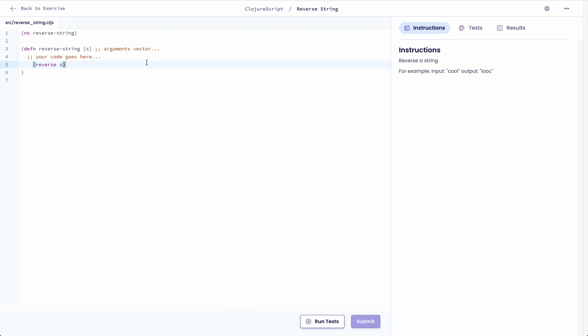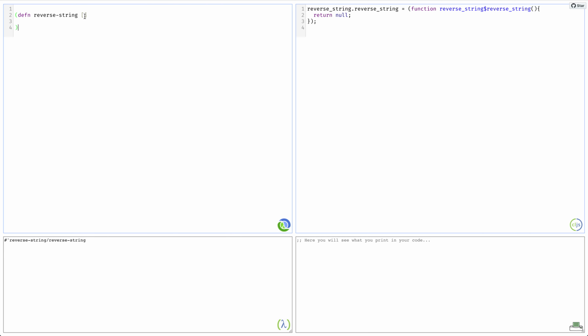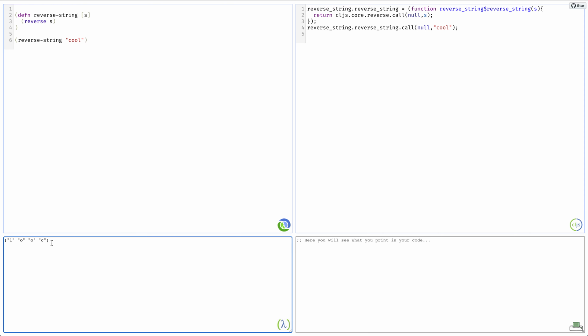on s, and you might think that would be it, but if I go and try it in a compiler, let's say reverse s, and then I call it with cool and execute it, you might see that there's a list of characters being reversed. And this is not what I'm actually expecting this function to do,